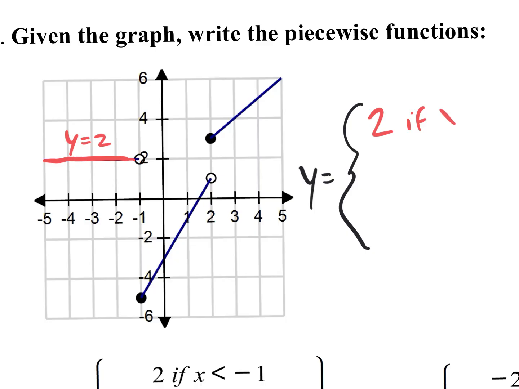So that'd be if x is less than -1. That's an open dot because there's no solid line underneath it, going to the left because less than is to the left, greater than is to the right. Moving on to the middle line,